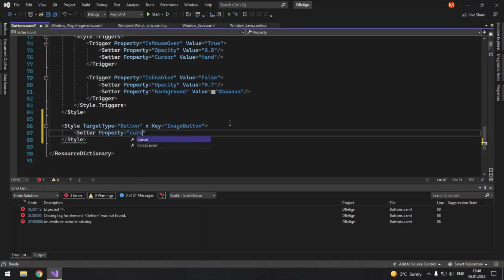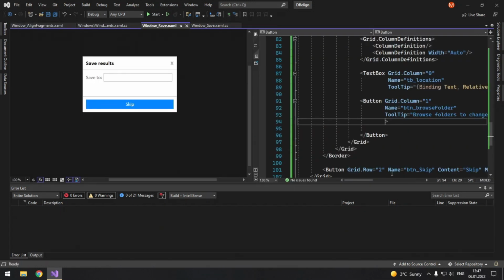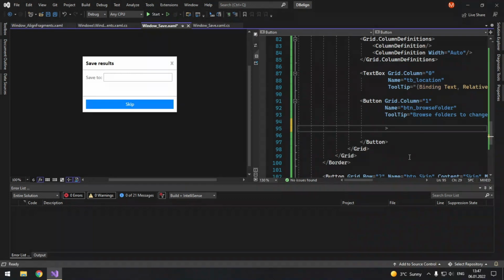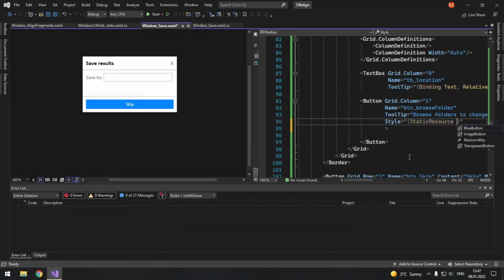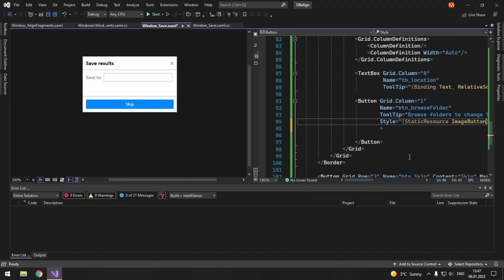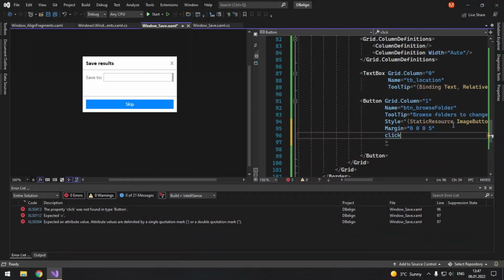All we are going to change for now is the cursor. It will be set to Hand, and that's probably it. Okay, let's finish this button. Style, static resource imageButton. Margin, we will add a button margin, so 0,0,0,5. We will add a click event to it.